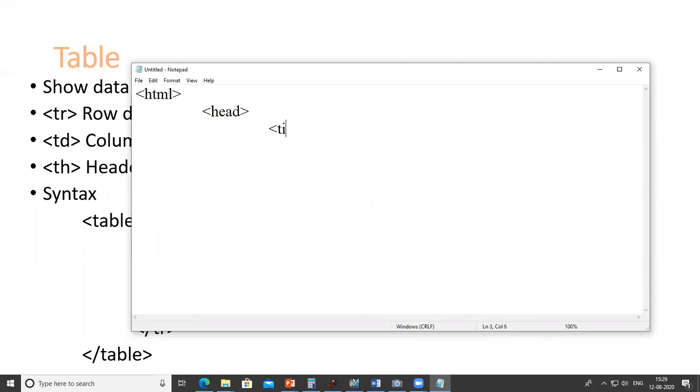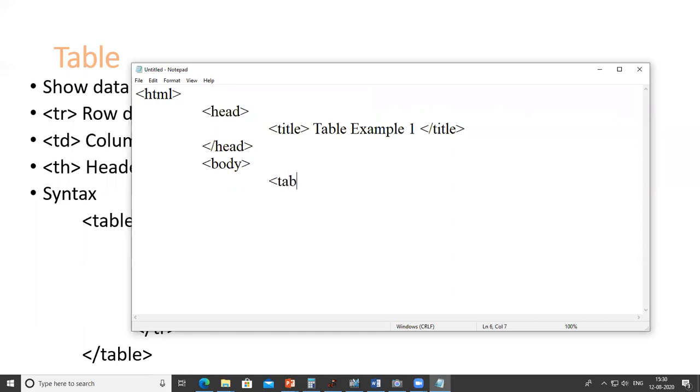In the head, I write the title, table example 1. After that I close the title and close the head tag. After that we start with the body tag.